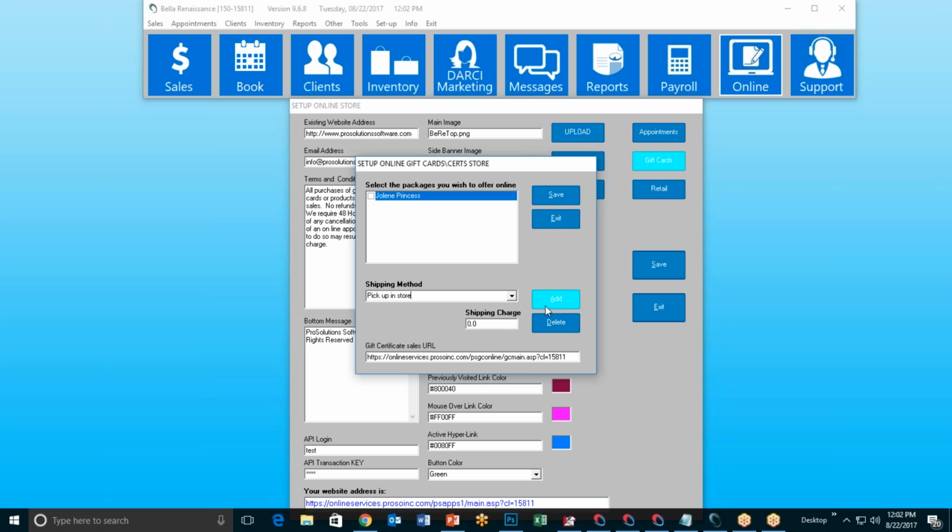And I'm going to say that's also 0, and add. There we go. Now I've got that in there. And then finally, I'm going to say USPS first class, and I'm going to say that my shipping charge for that is $2.50,